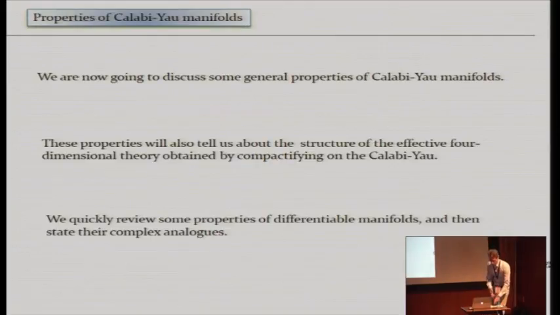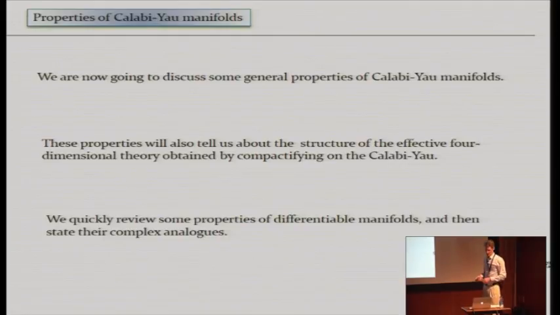Okay, so now I want to discuss some more general properties of Calabi-Yau manifolds, the general structure of the geometry of Calabi-Yau manifolds. I think this will probably also be useful for Professor Oguri's lectures, so I want to pay attention for that reason as well. Of course, these are going to be geometric properties of the manifold, but they're also going to tell you some effective properties about the effective 4-dimensional theory that's obtained by compactifying a 10-dimensional heterotic string on a Calabi-Yau.